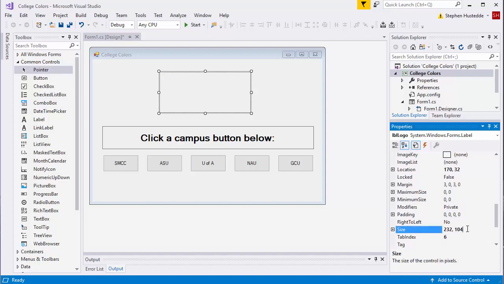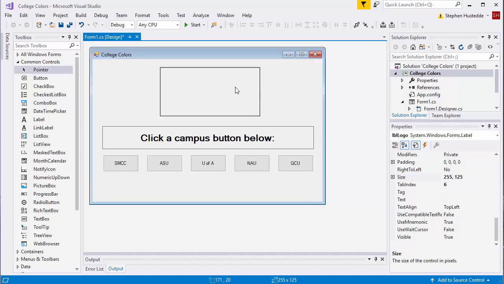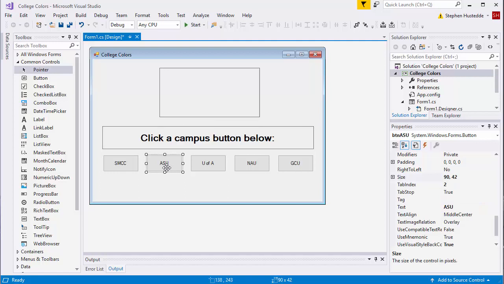And then for the size, I'm going to display images in here, and those images are 255 by 125 pixels. So I'm going to choose that as my choice, 255, 125. And it's going to position this so it's visually centered above that label. So I refer to these as LBL logo, LBL campus, BTN SMCC, BTN ASU, BTN UA, BTN NAU, and BTN